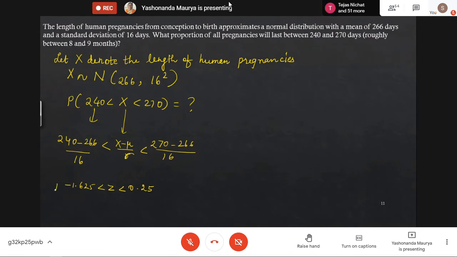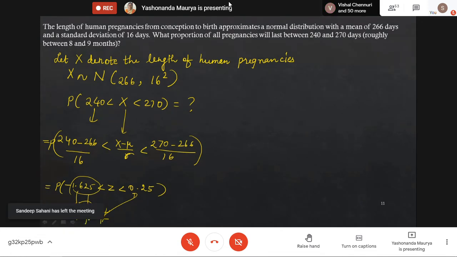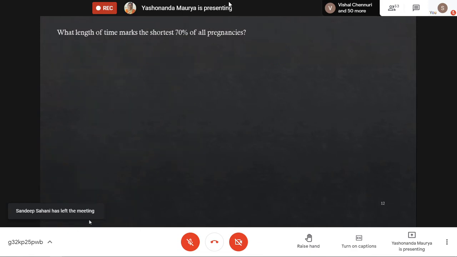So this probability is asked over here. This is equal to this, equal to this. Again, draw the table over here. Somewhere here will be this particular point. Here will be this point. So this area is what we are interested in. Okay. So add both the areas, we'll get the required probability.